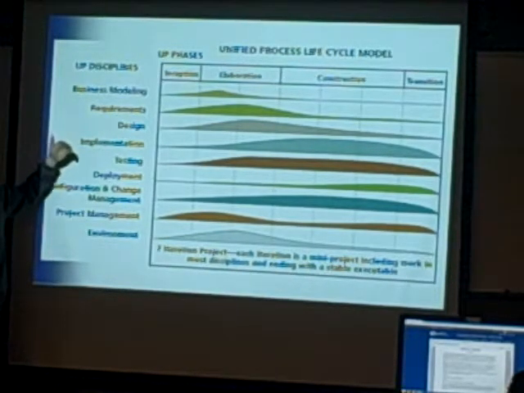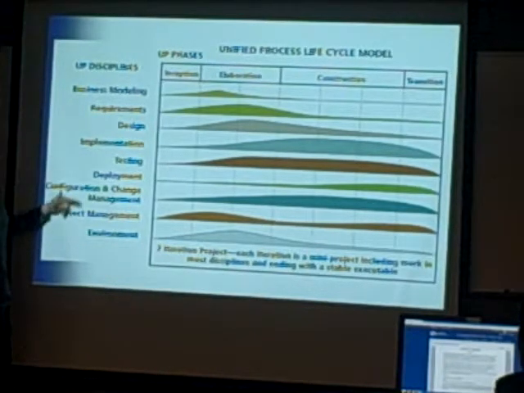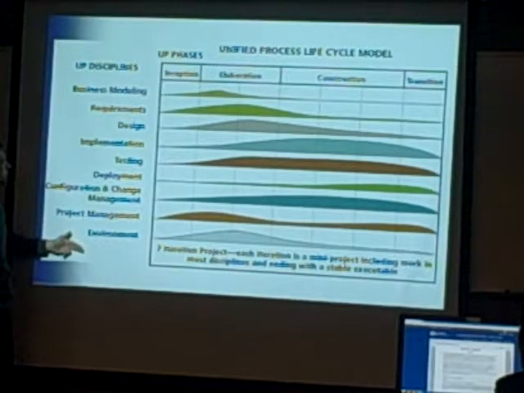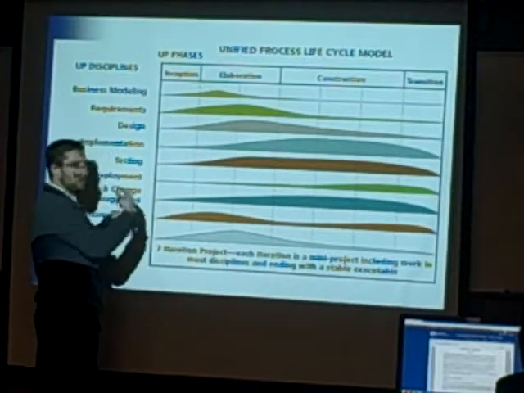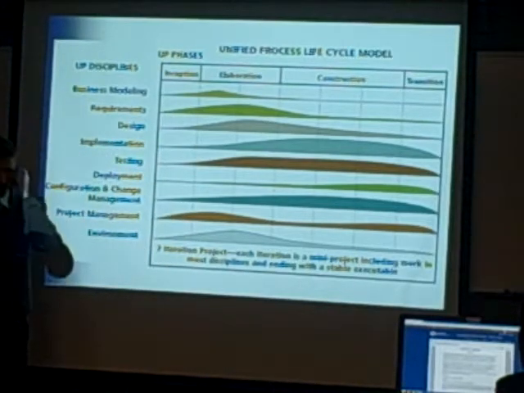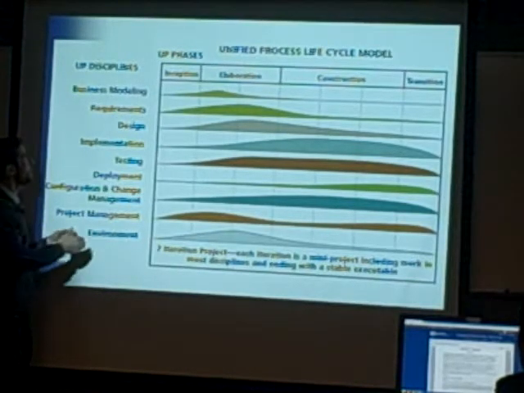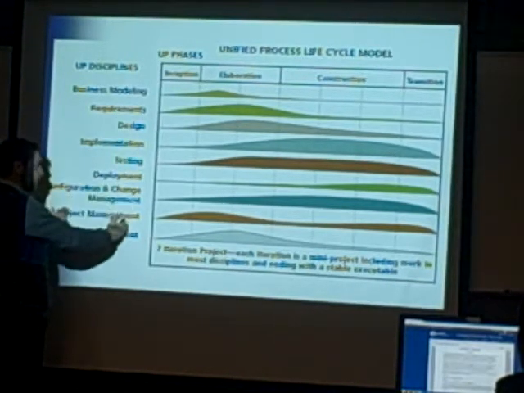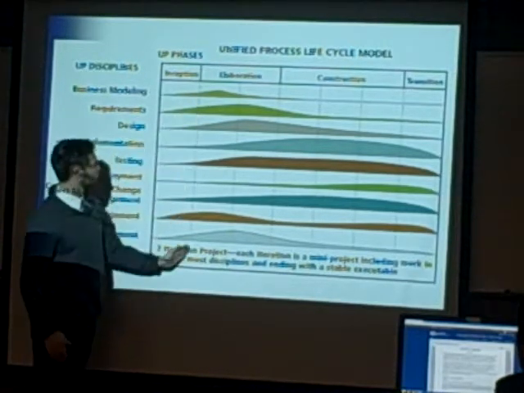So the unified process said, there really are actually all of these skills involved with delivering software. And so as part of a given 4-week iteration where you go through the whole cycle of planning, analysis, design, implementation, we need all of these different skill sets